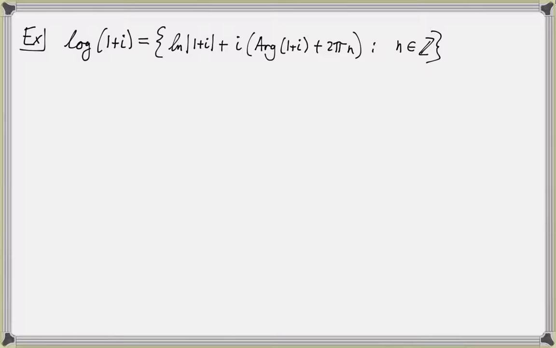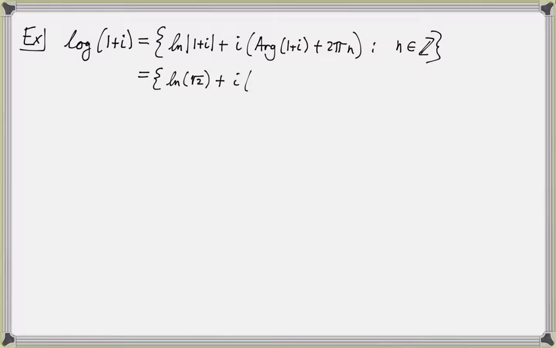Now the absolute value of 1 plus I would be square root of 2. So we get the natural log of square root of 2 plus I times the quantity